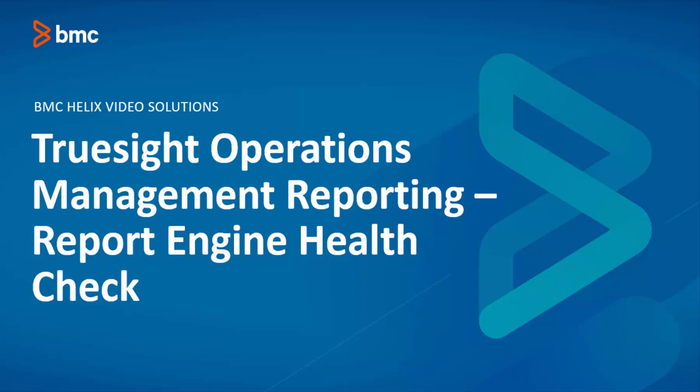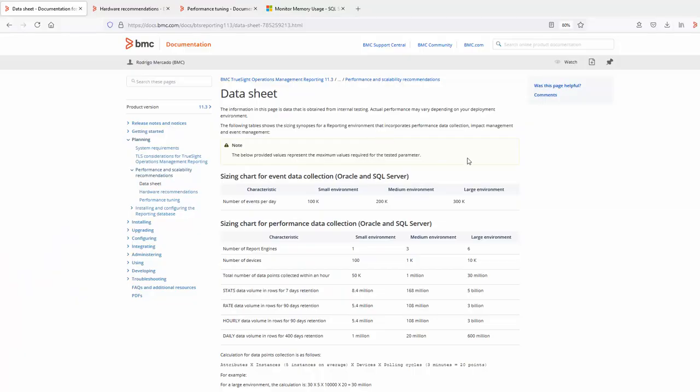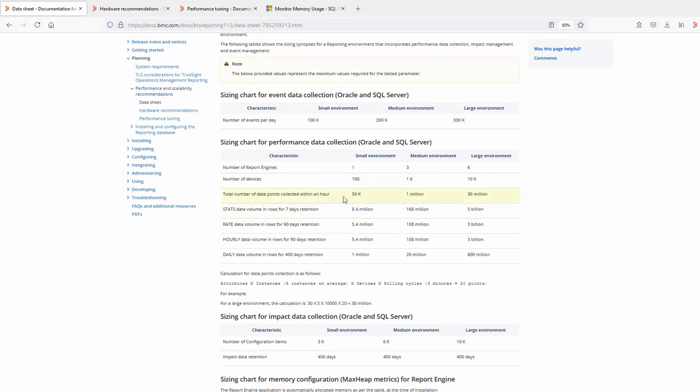Hello, in this video we are going to do a review of a health check for the TrueSite Operations Management reporting tool, the report engine. Let's check some documentation. Here we have a chart that is going to let us identify if our environment is